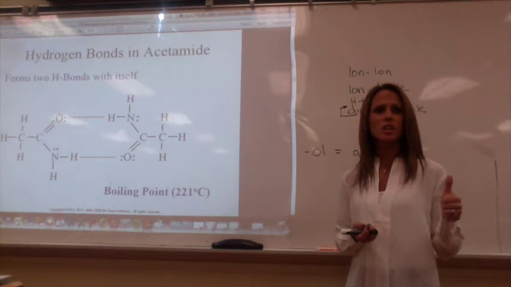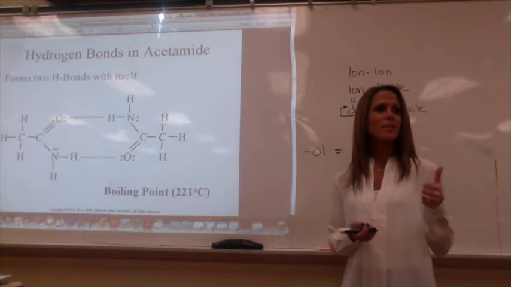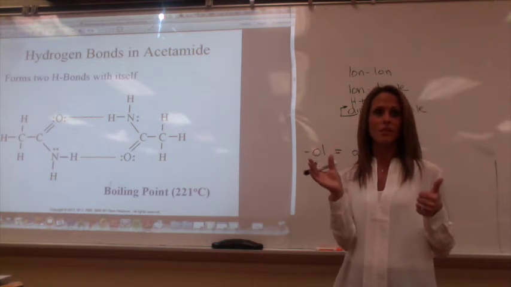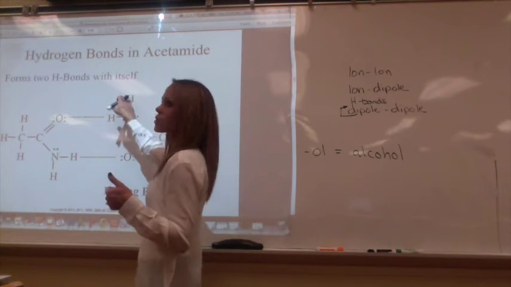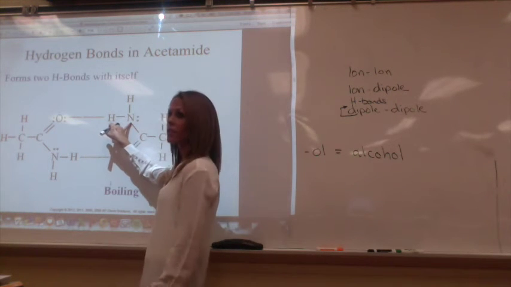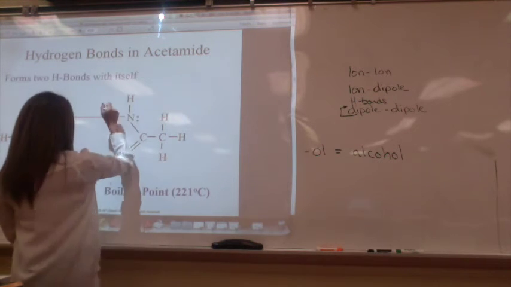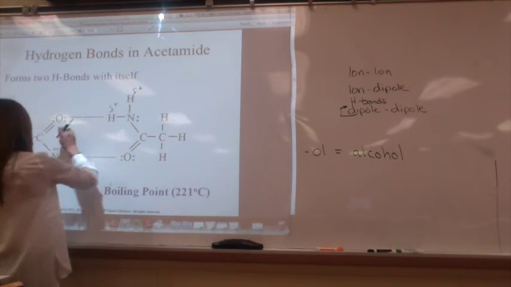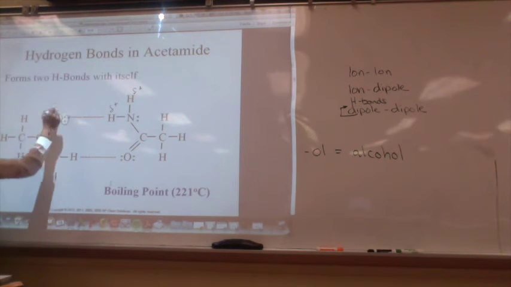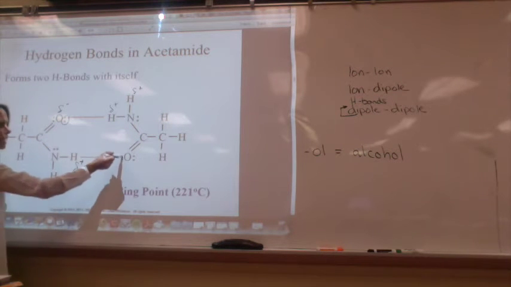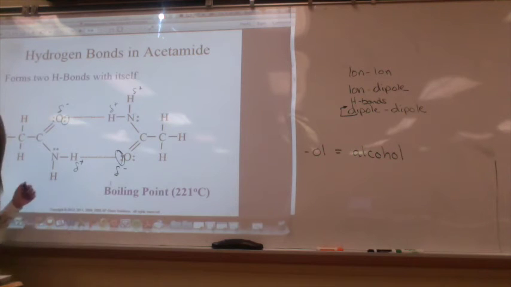Because you can have hydrogen attached to a carbon, but that's not going to have hydrogen bonding because the carbon's not going to make that hydrogen slightly positive enough. So it has to be hydrogen attached to an N, F, or O. And it is here. And then this hydrogen then, because it becomes so strongly positively charged, is attracted to the lone pair on an oxygen, nitrogen, or fluorine, which makes that negatively charged. And then on this end, again, I have hydrogen attached to an oxygen, nitrogen, or fluorine, which makes that positively charged. And again, a lone pair here makes that negatively charged.